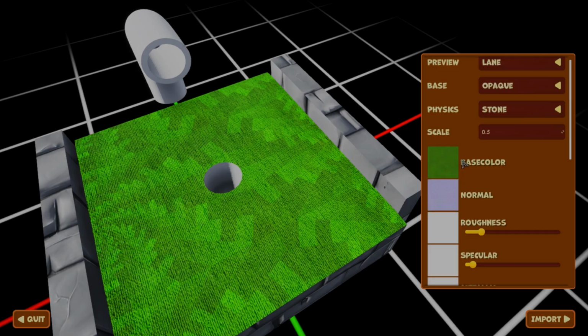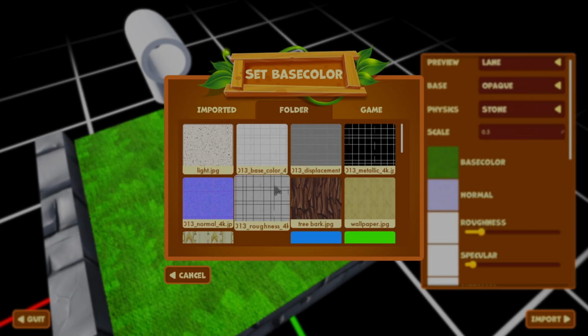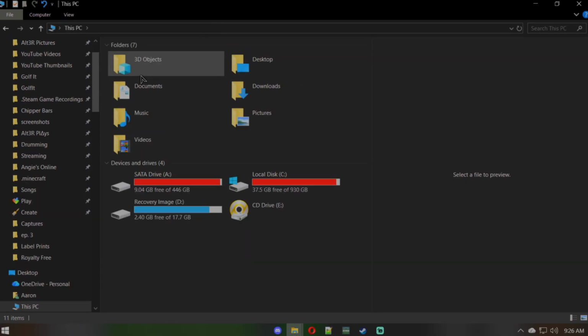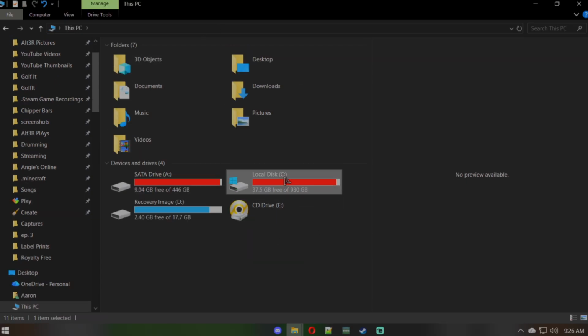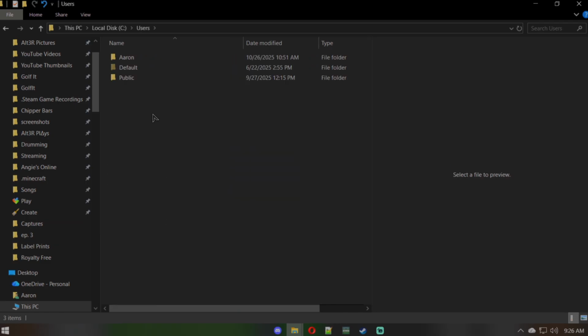If you want to add a custom image as your base color, you do that by accessing the custom folder. This of course will be empty if you've never imported anything before, so we'll need to add an image. To do this, you need to head over to your File Explorer to locate your Golfit folder. So here in my File Explorer, we need to go to this file path. We go to PC, Local Disk C, then Users, then your user folder,